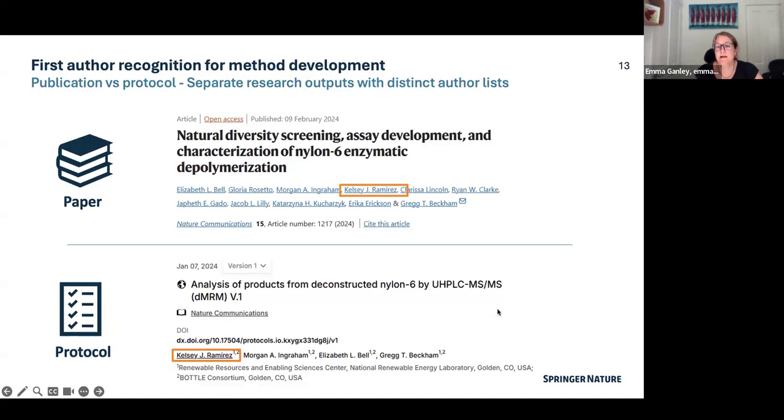And this Kelsey is clearly the expert in the mass spec that's being done here, and is the person who would be the expert and deserves recognition. This is the person you should go to if you have questions about the method. So we allow for much better and clearer recognition to the correct individuals by dividing up the